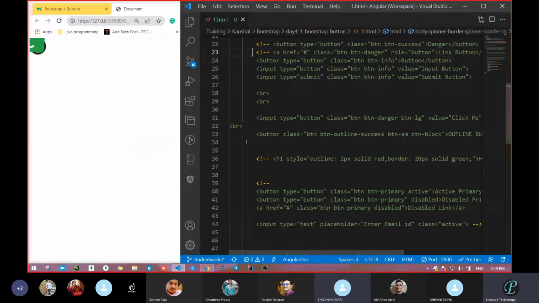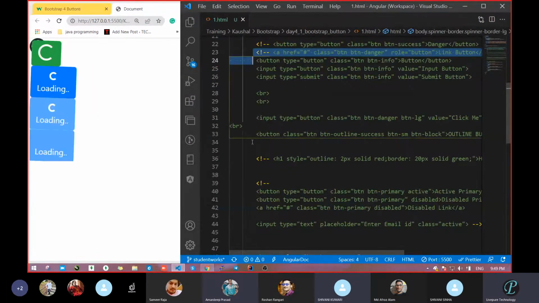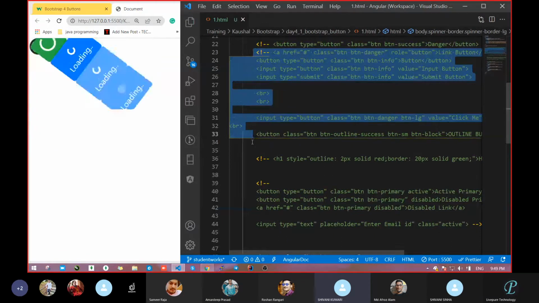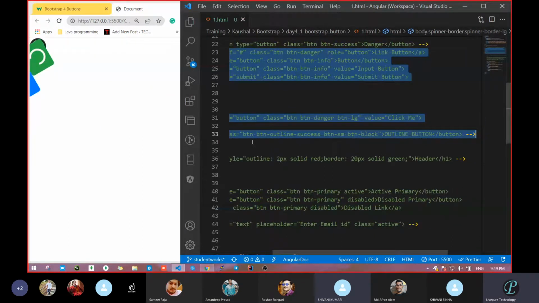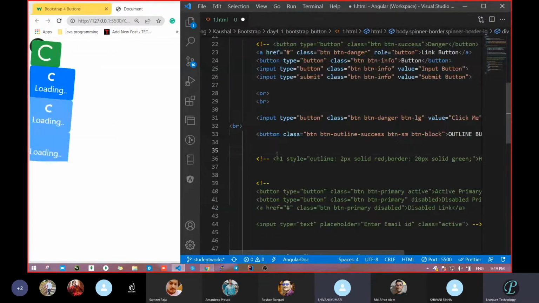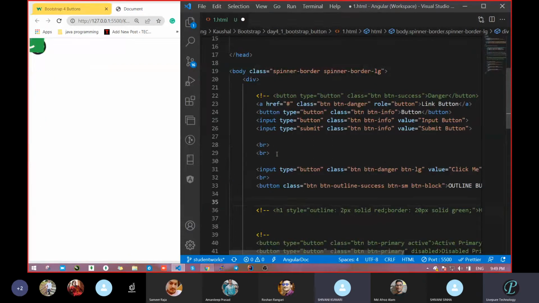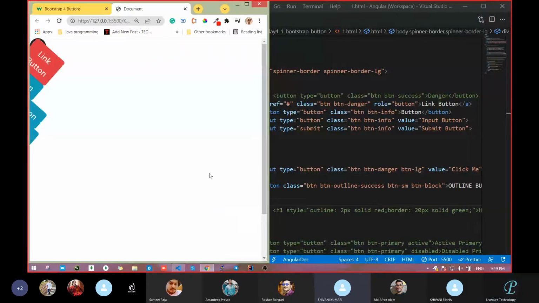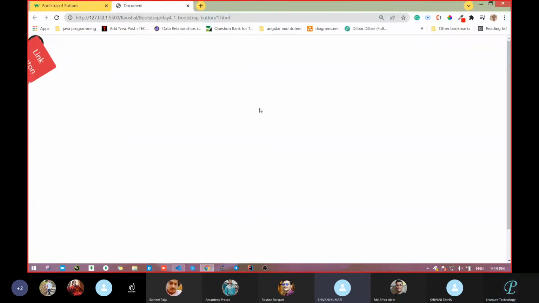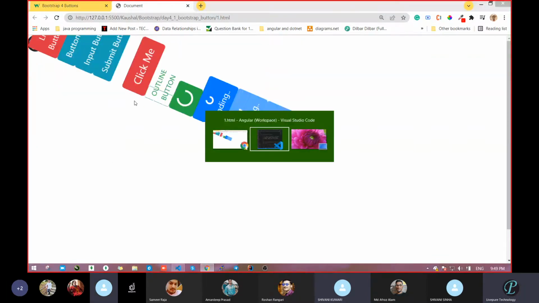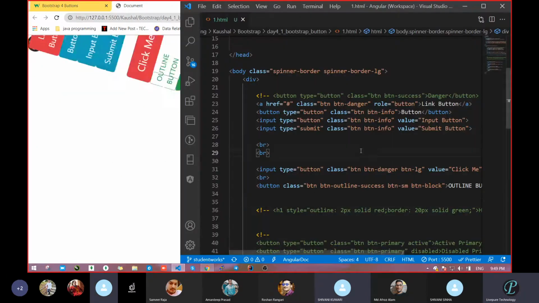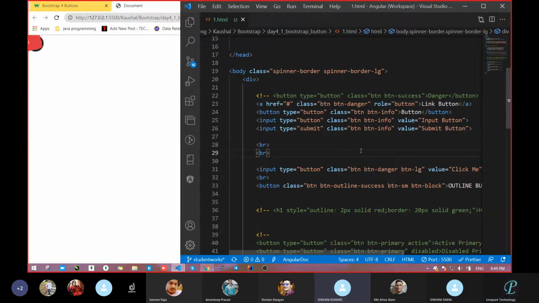Wait, let me comment. Sir, can you completely control the speed of spinning? Don't ask. This is a generator. Okay. This is free of cost. Means don't do more things. Free means free. See, sir, all the buttons came here. How does it look like a generator, sir? Something there, it's running. Okay.